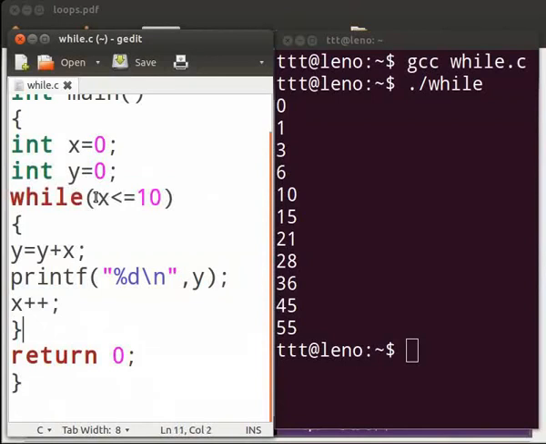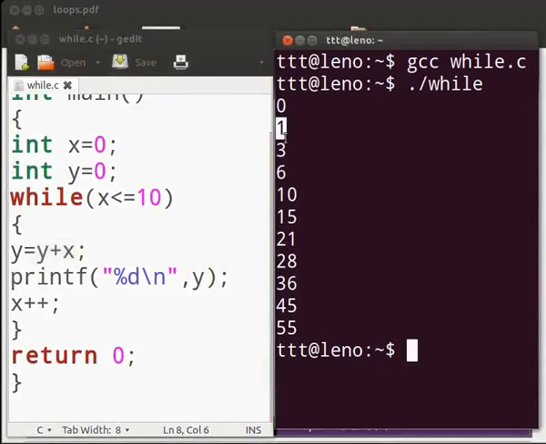Then we will check the condition again. 1 is less than or equal to 10. If the condition is true, then we will add the values. Y, that is 0, plus x, that is 1. 0 plus 1 is 1. We print the value as 1. Again x is incremented.